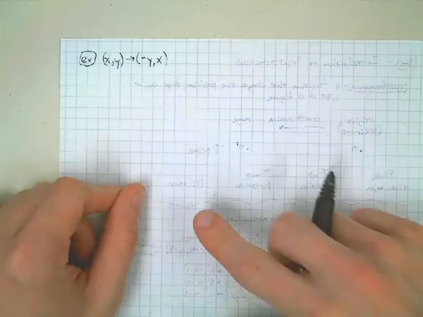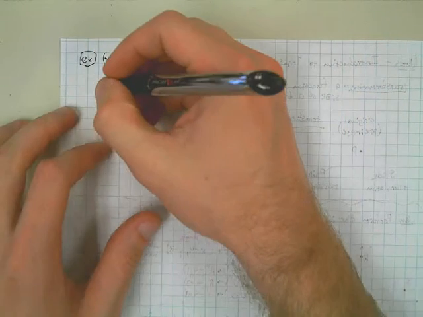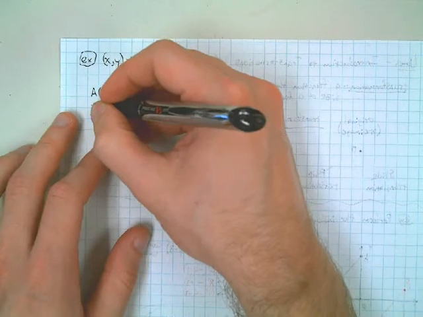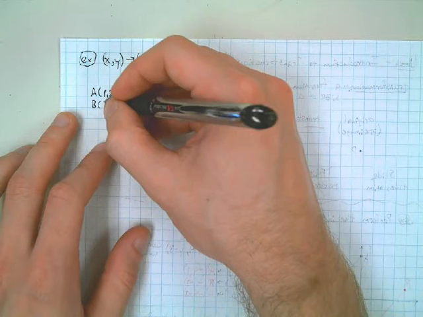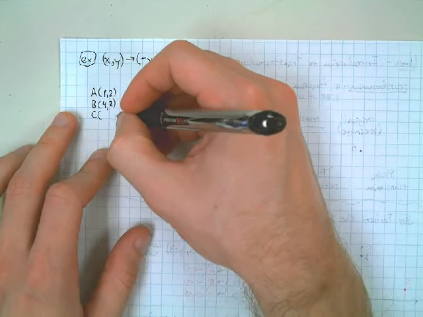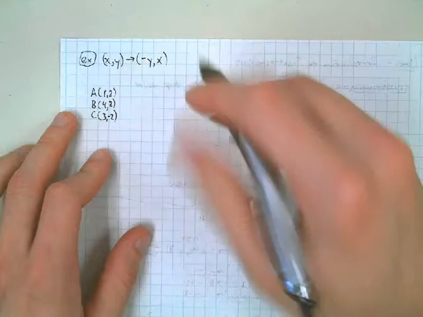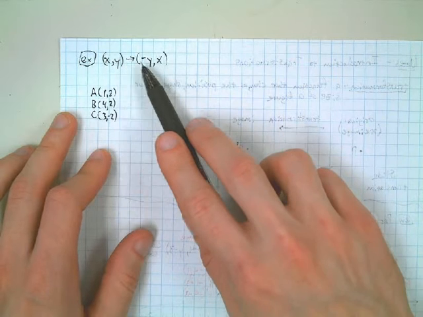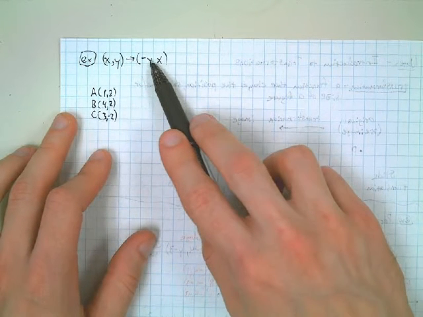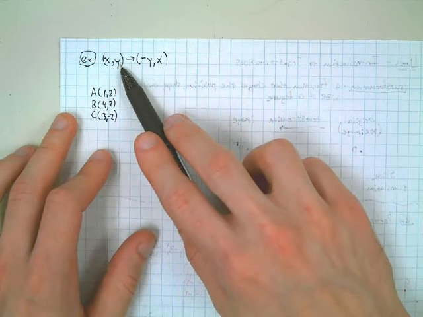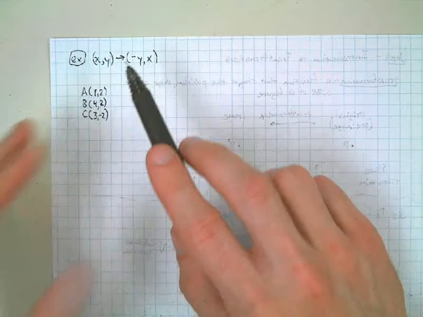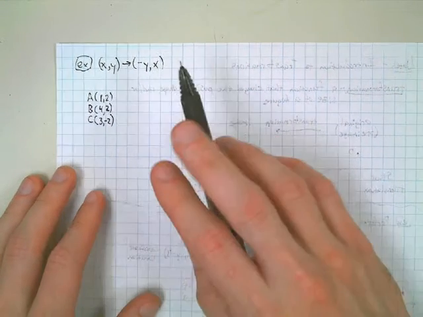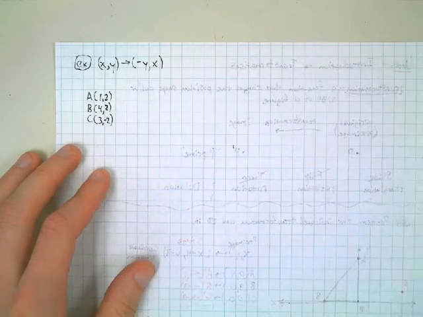Okay. So this is a bit of a strange transformation. So we're taking our original point x, y and the new point, the transformed point, will put the old y coordinate as the new x coordinate, the opposite of the old y coordinate. So it takes the old y coordinate and makes it now the x coordinate, but it's the opposite of that. And then the old x coordinate now becomes the new y coordinate, exactly the same. Okay, so if we do that transformation here to these points A, B, and C,